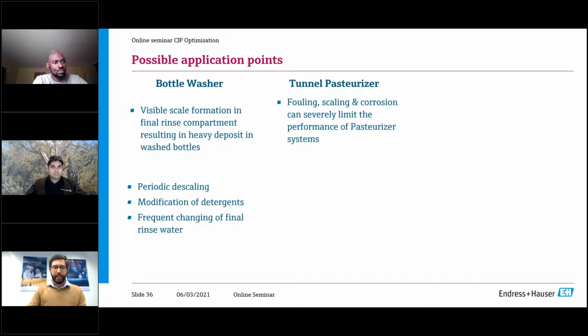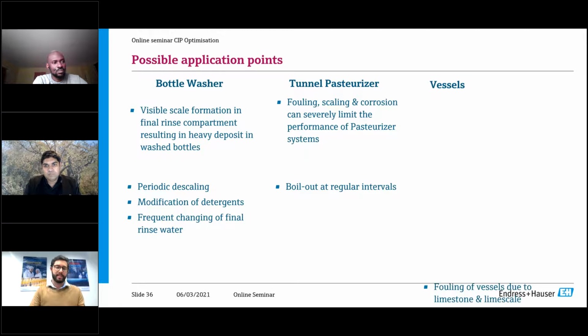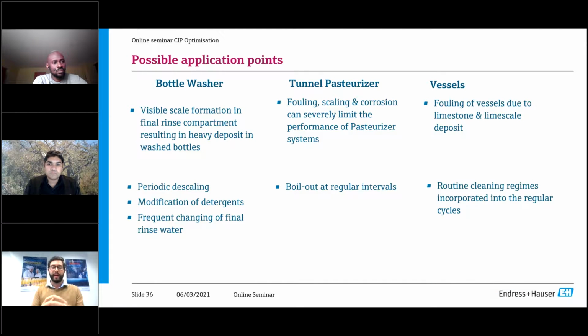Some other application, tunnel pasteurizer, especially to identify fouling, scaling, and corrosion. This is really interesting for application for the QMW43, and you can use these measurements to optimize your cleaning intervals. And another really good application, as we already covered, is trying to find the fouling, the build-up height, and to identify really hard to clean areas and points in your process, in general to help you identify and determine what is the right routine for you to ensure the maximum